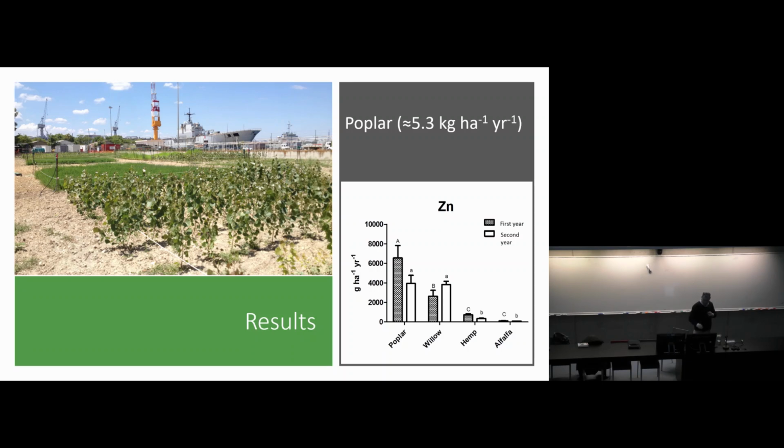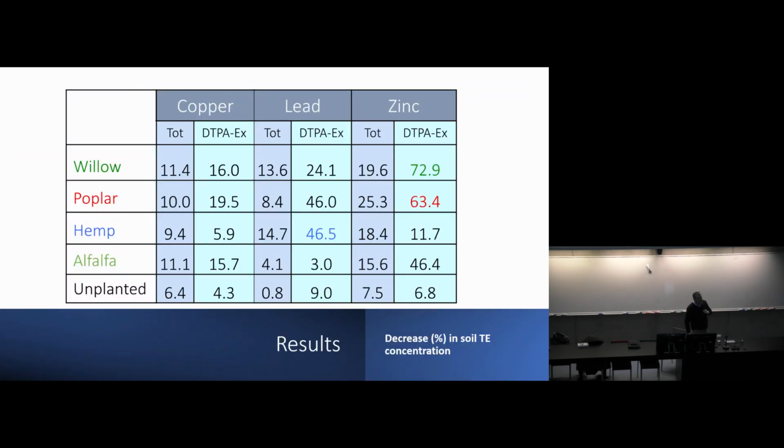which may explain why we got such an interesting result. However, at the end of the second year, when we sampled the soil again, what we found was that, of course, there was a general decrease in the concentration of the metal within the soil. Depends on the metal, depends on the plant used. But unfortunately, the only statistically significant differences were the colored ones. You see the blue, the green, and the red, which are the concentration of the extractable part of the metal, and not the overall